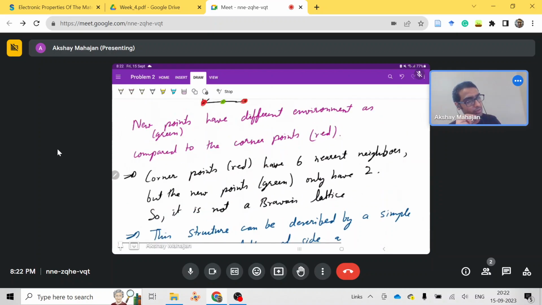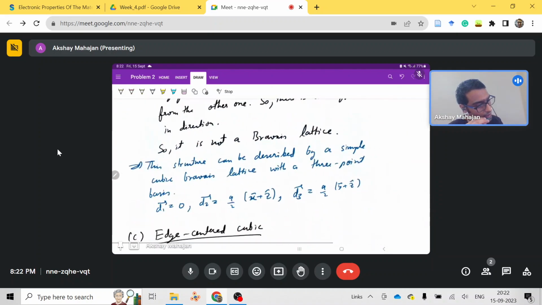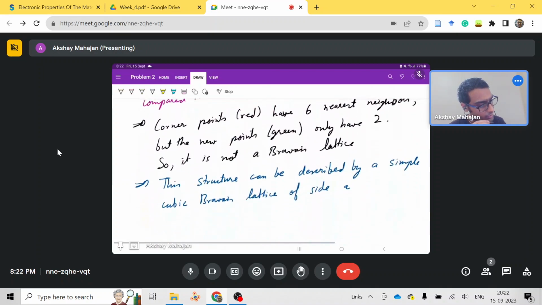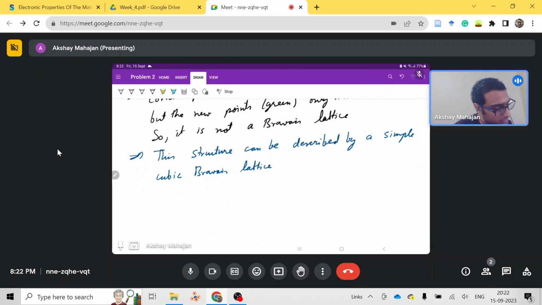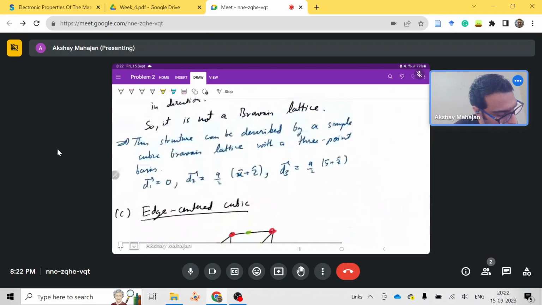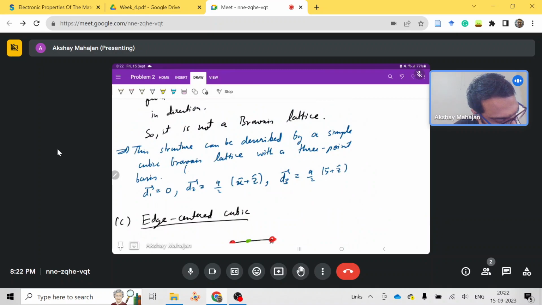Okay, I didn't write of side a, but that is, I guess, obvious. So that is not included. That is, let's say, a lattice of side a with 4 points. Let me also write here, with the simple cubic vertices of side a